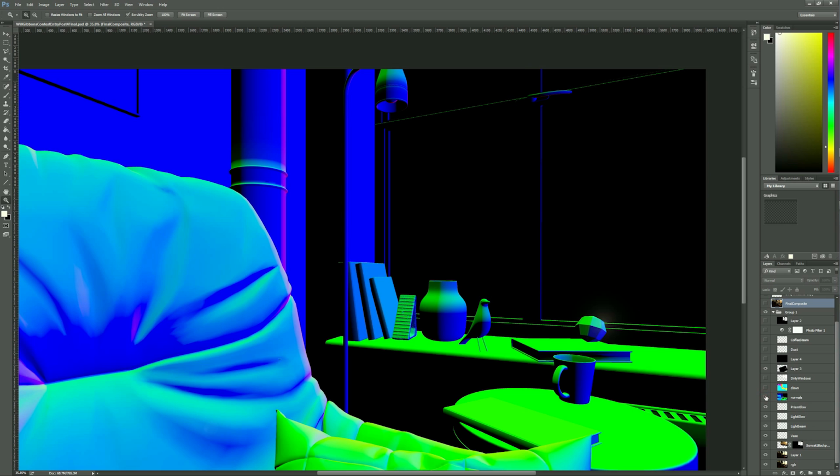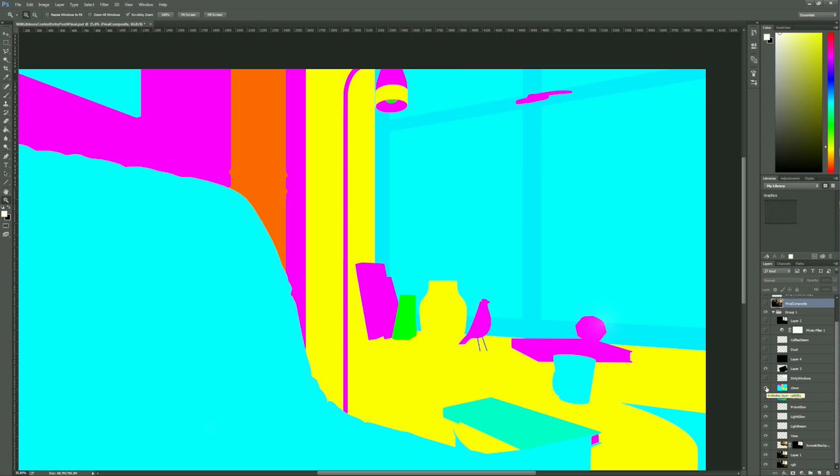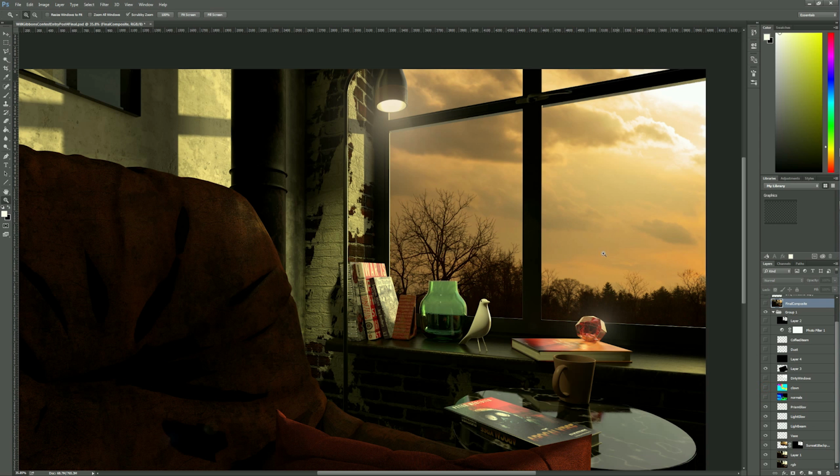We had a normals and a clown pass, which were exported from KeyShot. I use those when I need to select something. Again, same thing with the dirty windows. And then